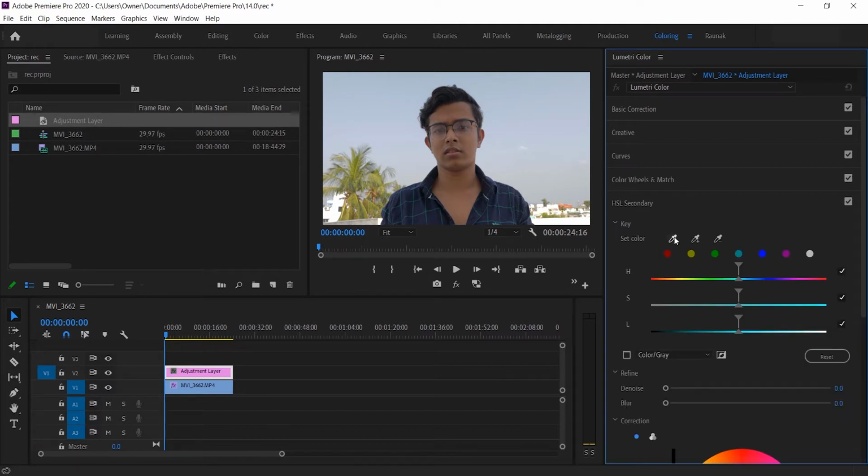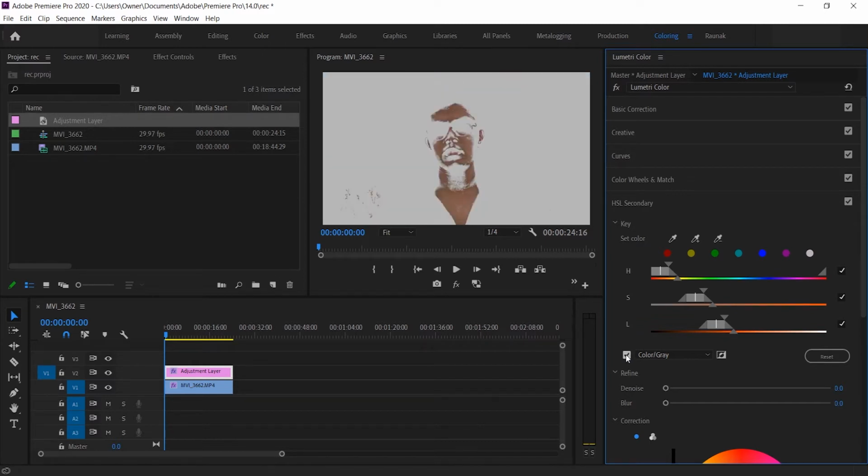Now with the eyedropper tool, we will select the skin. And now as you can see, it has already selected the hue, saturation and luminance from the skin, but we will check the color gray to properly know what it has selected. As you can see, some parts of the skin, like in the neck here and the side of the face, are still not selected, so we will just